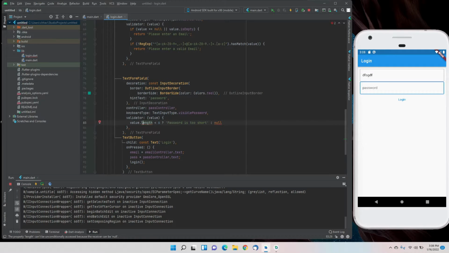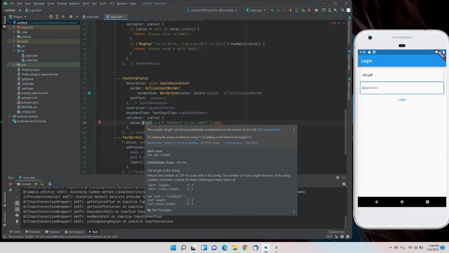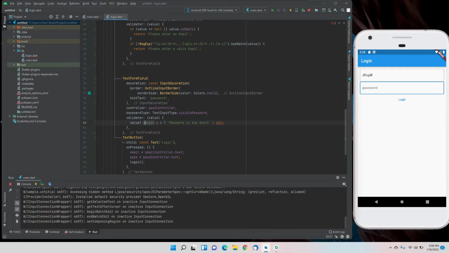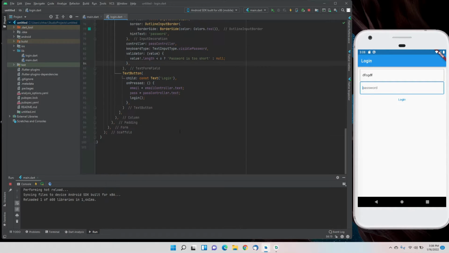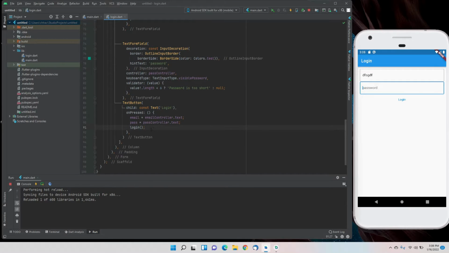Okay, it should have been value and not val. And we'll add our exclamation mark there for the null check. It should not be a comma, it should be an exclamation mark. We'll change that. And there should be a semicolon after the null statement. Okay, so no errors here.